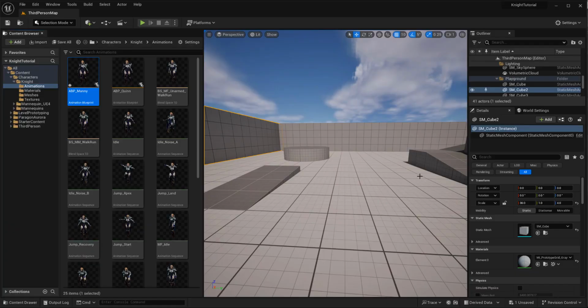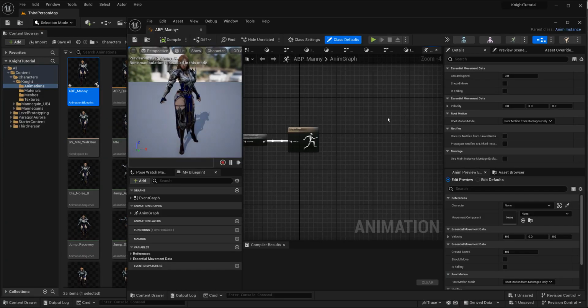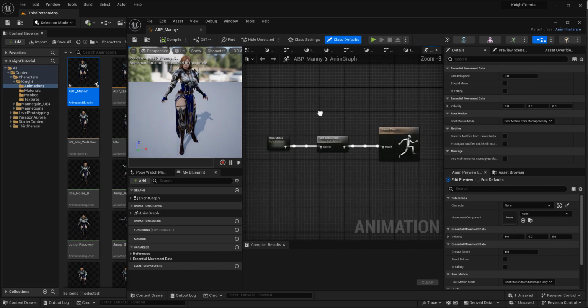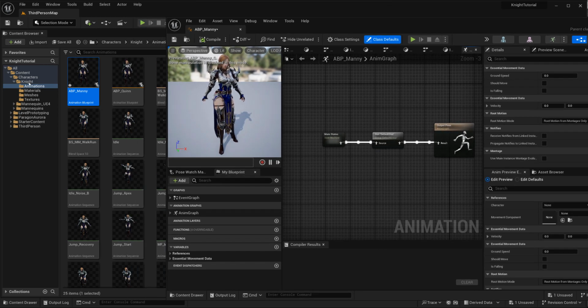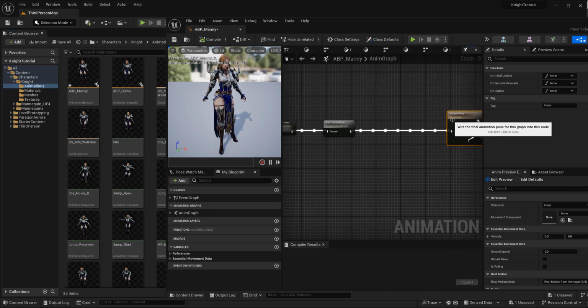Okay, so in this video I'm going to do the shoulder pads and maybe we'll do the hip pads. We'll see how far we get. So if you open up APB Mani in your retargeted animations folder, then what we can do then is between